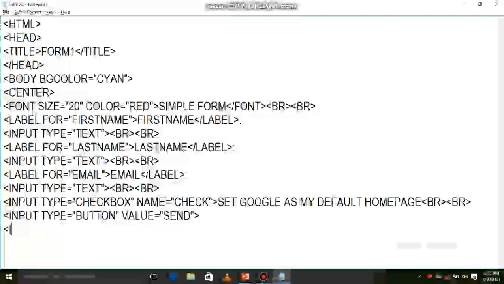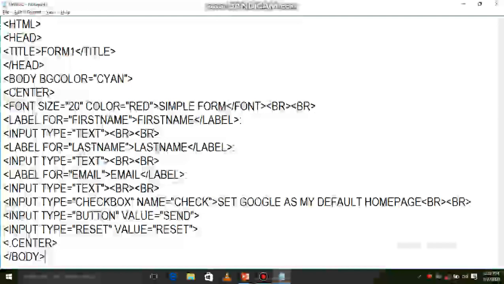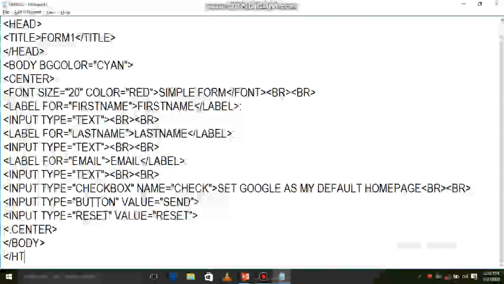Again one more button, input type is equal to reset, value is equal to reset. Next center tag close, body close, HTML close. Next we need to save this form.